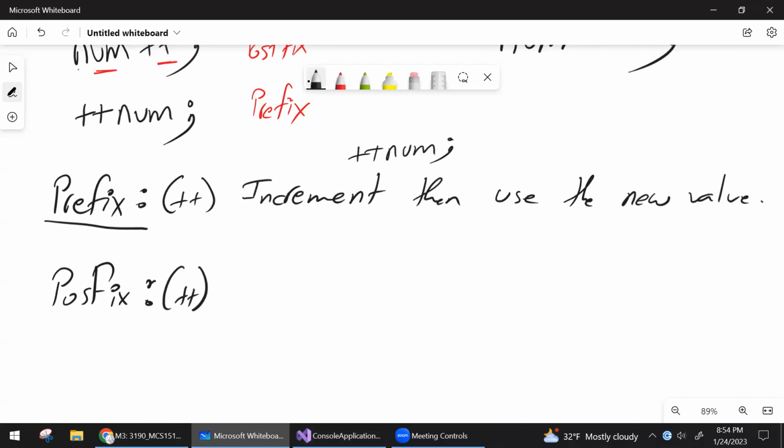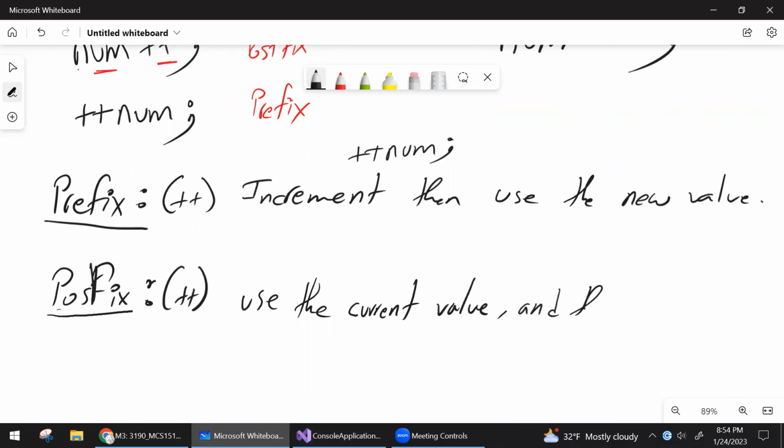But if we have this in a cout statement, for example, it will increment the value of num first, and then it will use the new value of num inside the statement. In the case of postfix, it will use the current value first